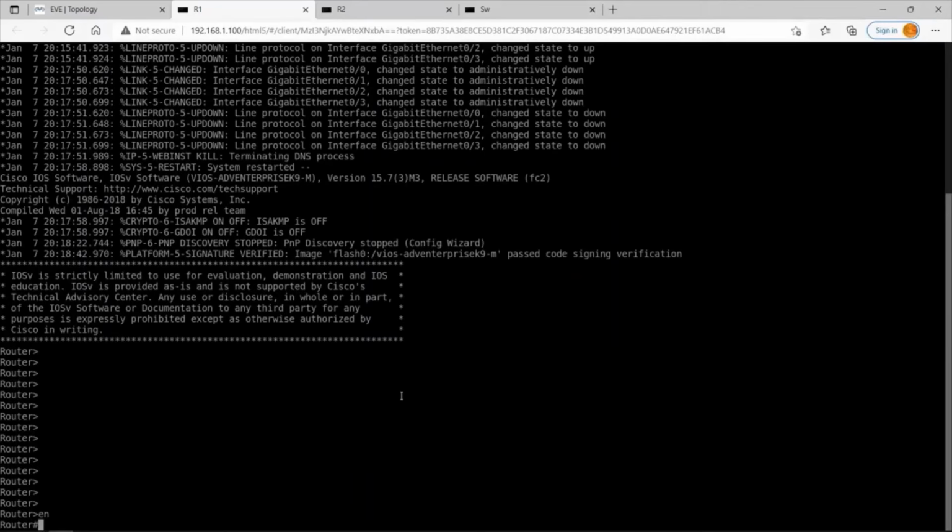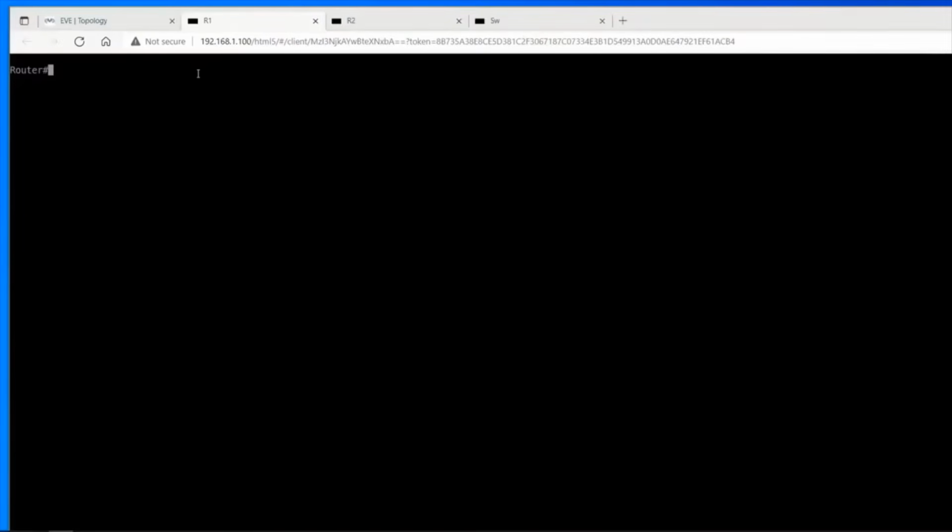Type enable. Now we will assign the IP address to this router 1. So enter configure mode by typing conf t, and give the host name. We will give R1